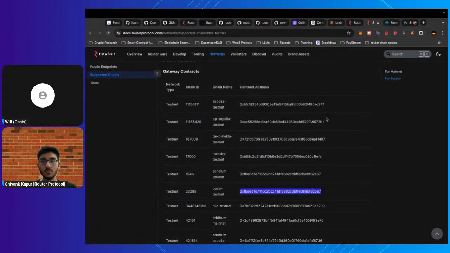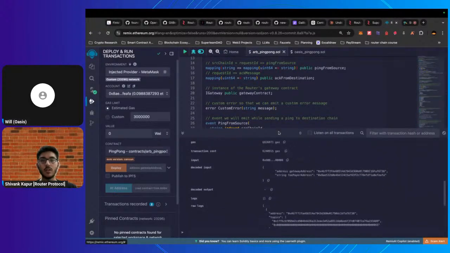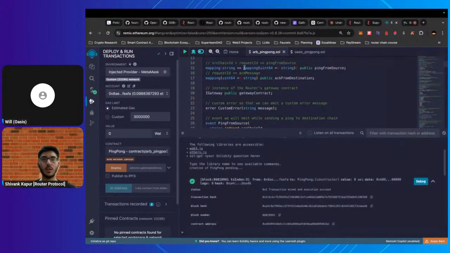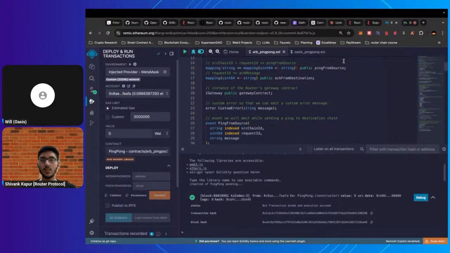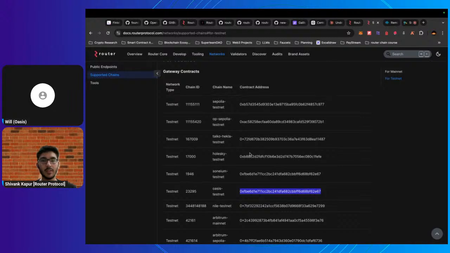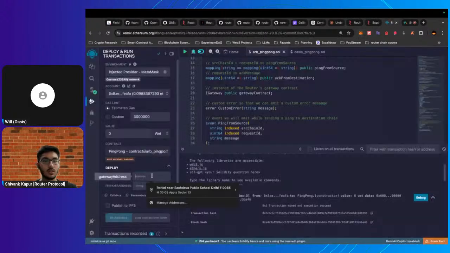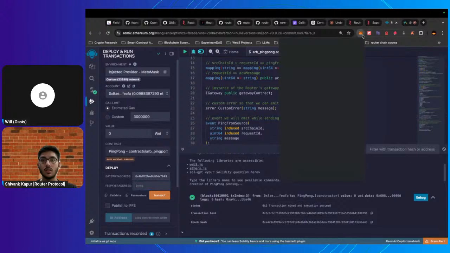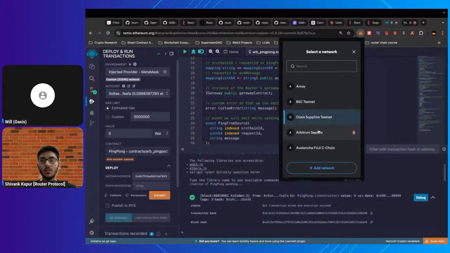So I'll go back to the Remix IDE, and I guess there's some issue right now. But this is how you interact with a contract. Again, here's my Arbitrum ping pong contract address. This is the same contract which we wrote. And if you want to see its deployment, I'll quickly go to the chain gateway contract addresses. I'll copy the Arbitrum Sepolia contract address, paste it here, and I'll be entering my